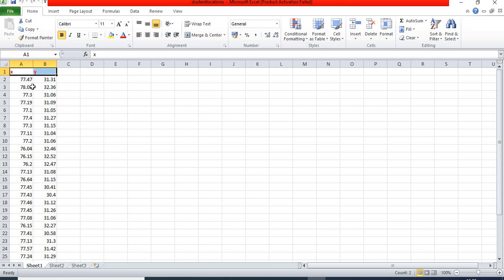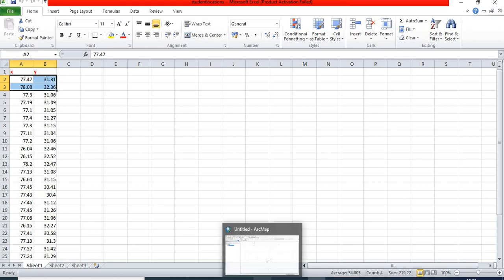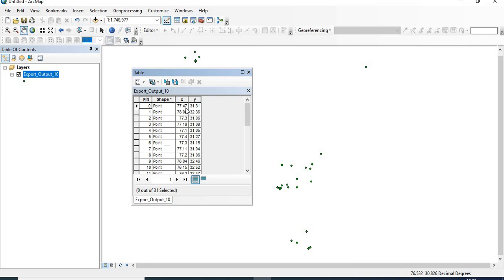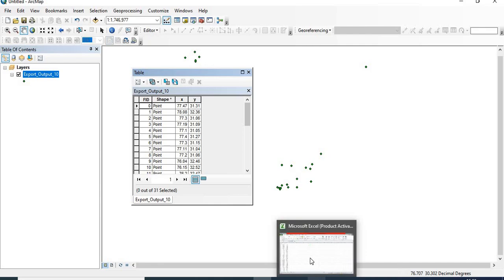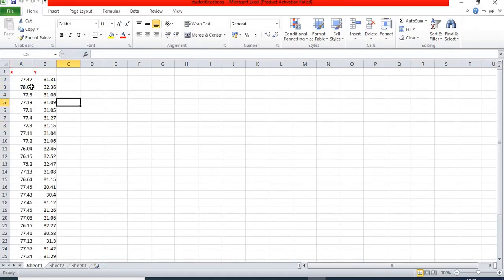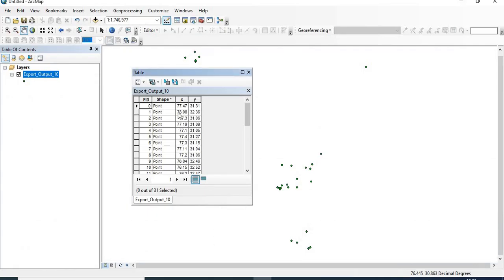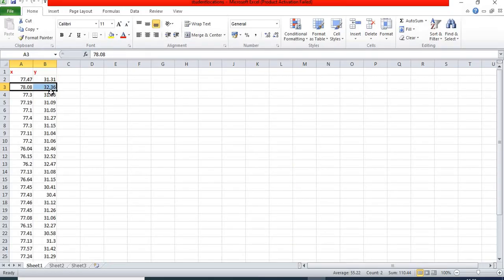The first value was 77.47 and 31.31, and if you will look at the second value, 78.08, and if you will look at this Y value, 32.36.